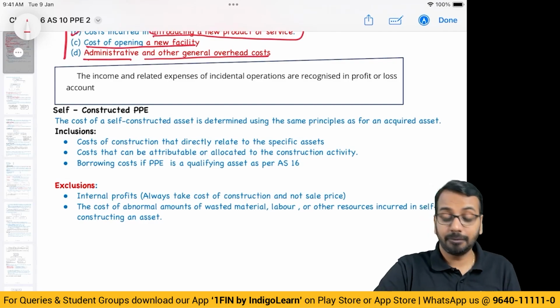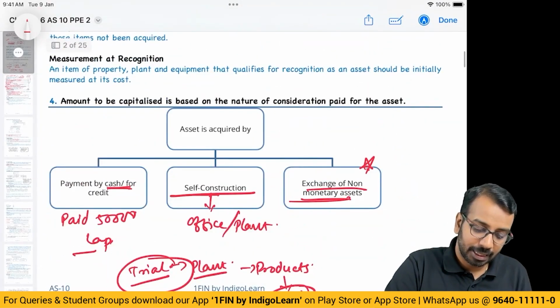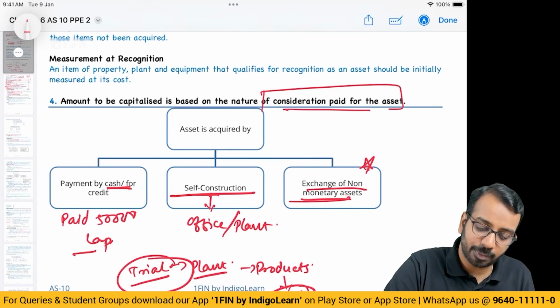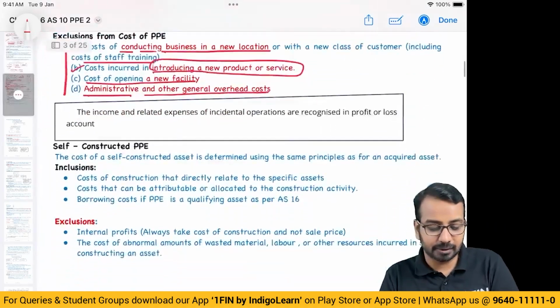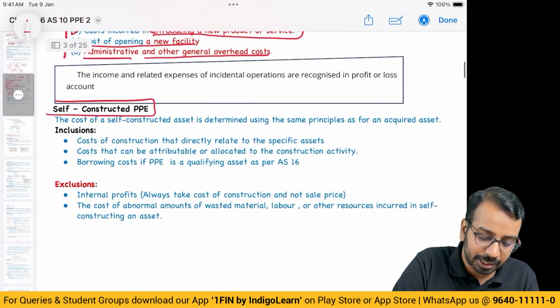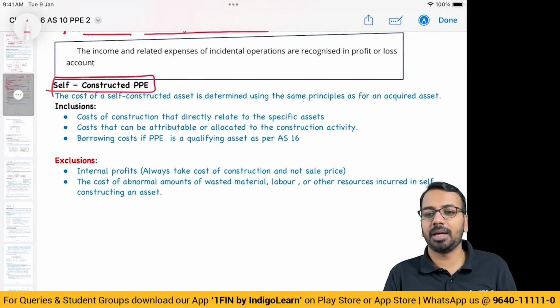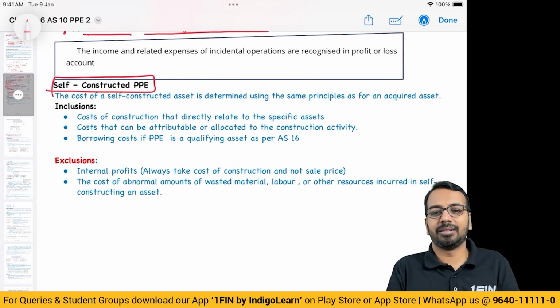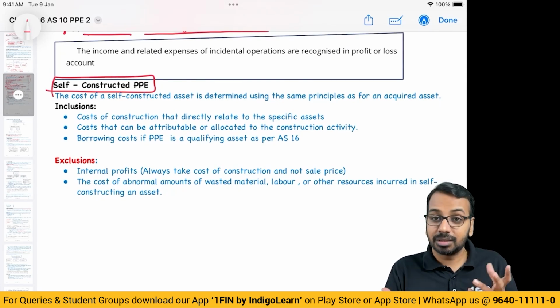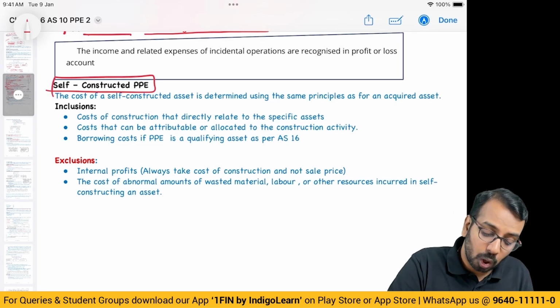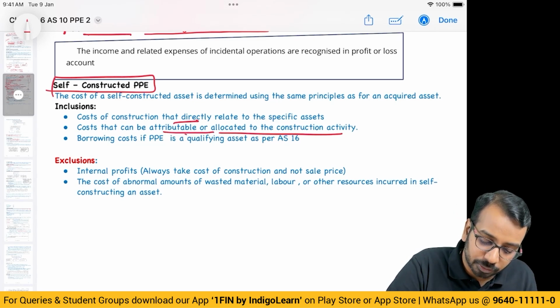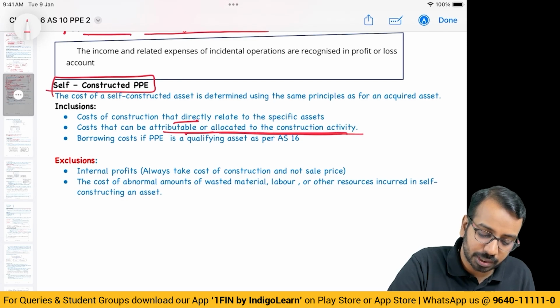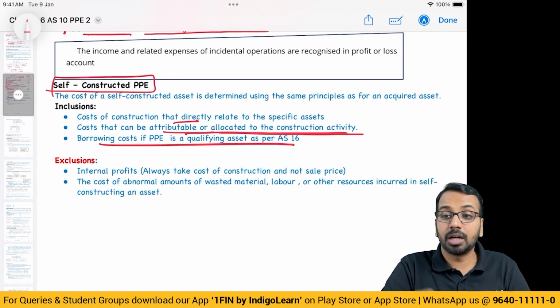Right. So we have seen how to measure when we have paid some amount for the asset. Now the next thing is self-constructed PPE. So what is this self-constructed PPE? I myself am constructing a plant, a building. In that case, how do we value? So all the costs that you have discussed above, all the costs which can be attributable to the construction activity and borrowing cost. Now here what you have to keep in mind is